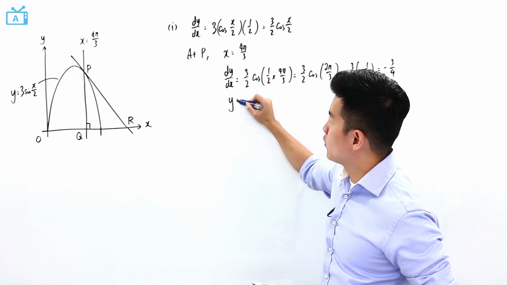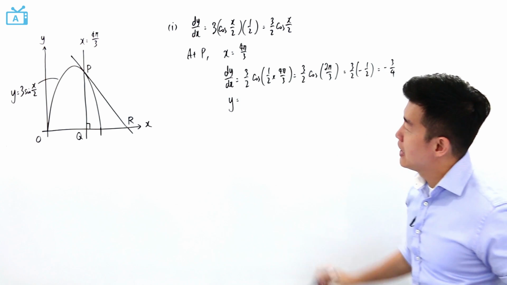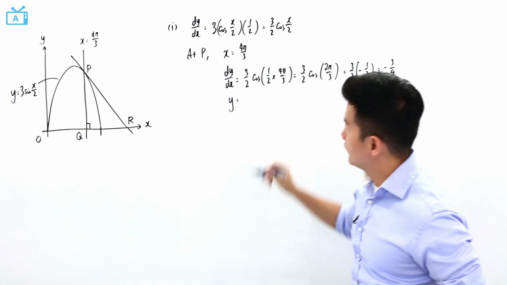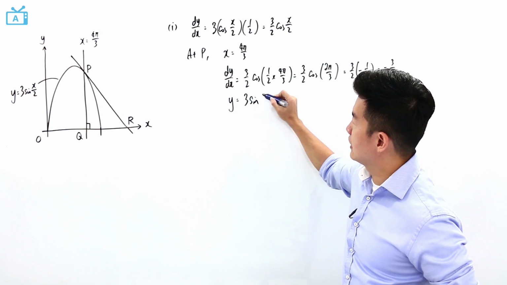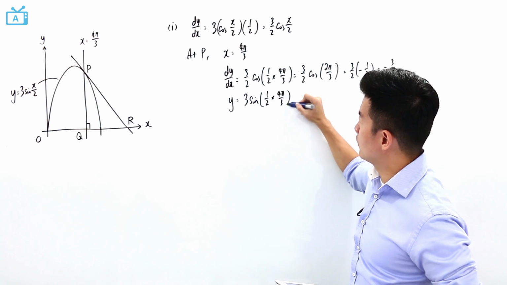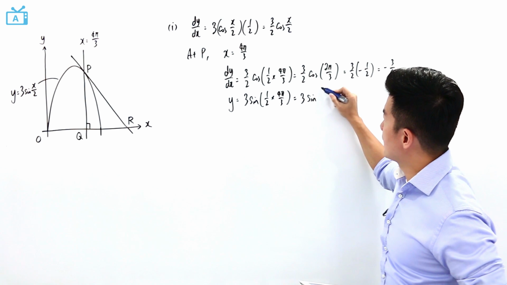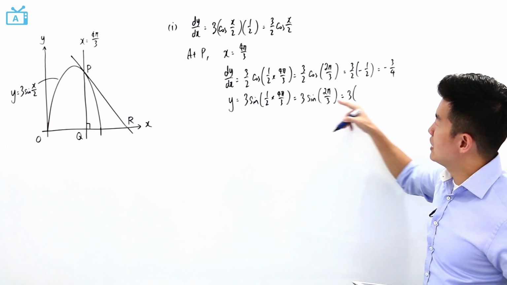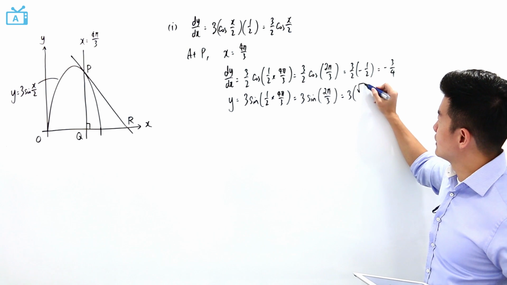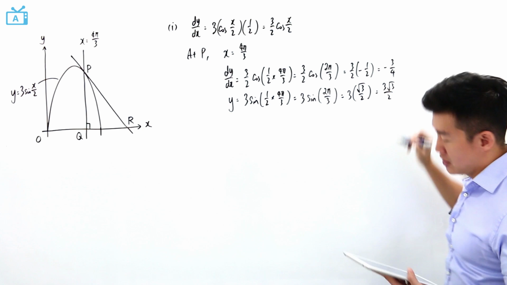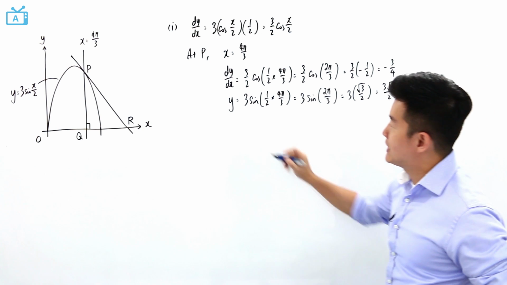And we want to know what the y-coordinate at point P is. The y-coordinate will be found by substituting this back into the equation of the curve. So it is 3 sine half x, which is 4 pi over 3. So it is 3 sine of 2 pi over 3. 3 sine of 2 pi over 3 is square root of 3 over 2. So we have 3 square root of 3 over 2. Which means that